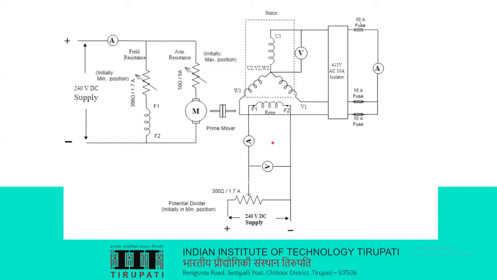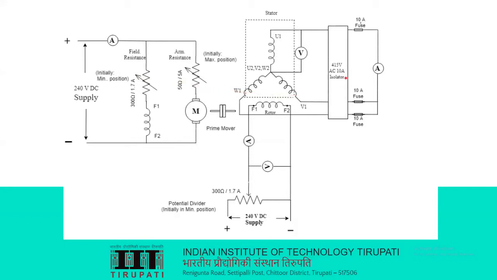In order to develop the voltage in the alternator, a rotating magnetic field is needed. Magnetic fields can be produced by the excitation. A rotating magnetic field can be produced by rotating the excited field winding. This rotating motion can be developed by the prime mover. Here we are using a DC motor as prime mover. Two rheostats are used to control the speed of the DC motor.